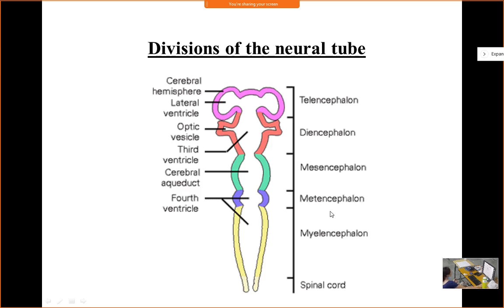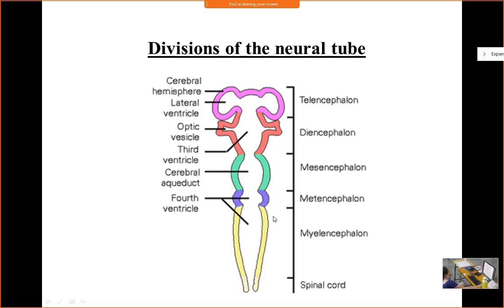Now, the development of the central nervous system: there are brain vesicles. Three brain vesicles are there, and the spinal cord is developing from the caudal part of the neural tube. The three brain vesicles are the prosencephalon, the mesencephalon, and the rhombencephalon. And the prosencephalon is again divided into telencephalon and diencephalon, the mesencephalon remains the same, that is the mesencephalon, and the rhombencephalon is divided